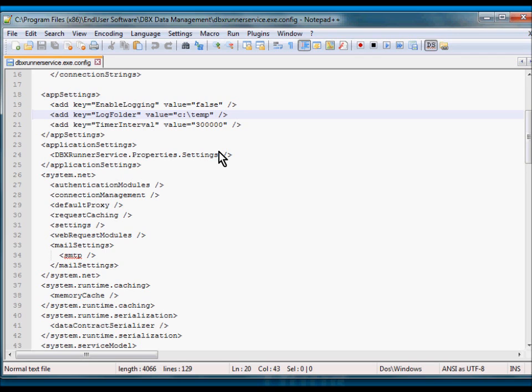So for example, the current time is 12:05, and you have something that you have scheduled to run at 12:06. The last scan time done by the DBX service, for example, is also 12:05. So the next time that it will scan for another queue that needs to be executed is at 12:10. So obviously, the queue that's scheduled at 12:06 will not be executed really at 12:06. It will be executed immediately once 12:10